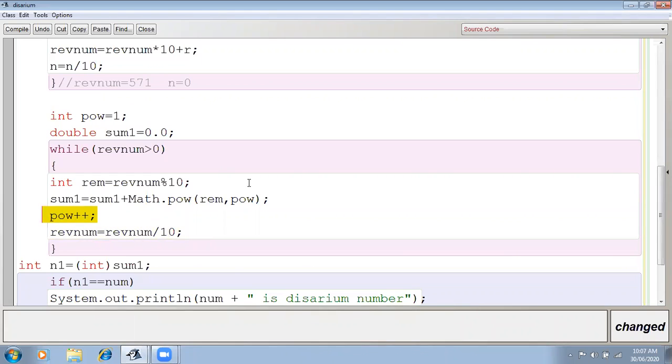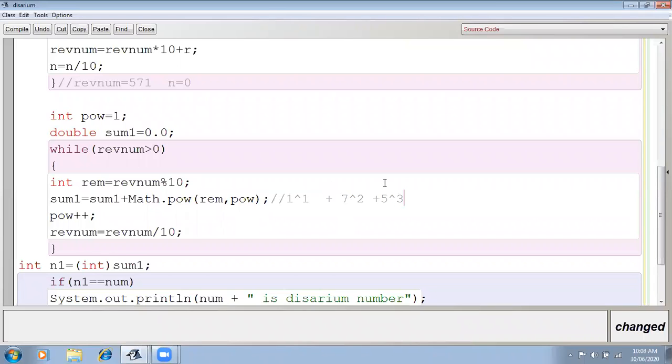So power plus plus: if I take the example of 175, the first time it calculates 1 raised to 1. Then in the second iteration, 7 raised to 2, and plus. Then in the third iteration, 5 raised to 3.